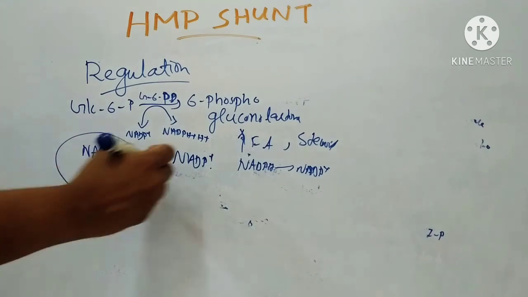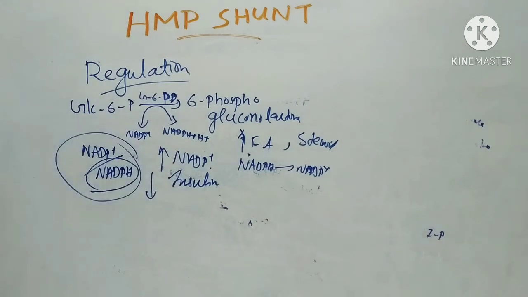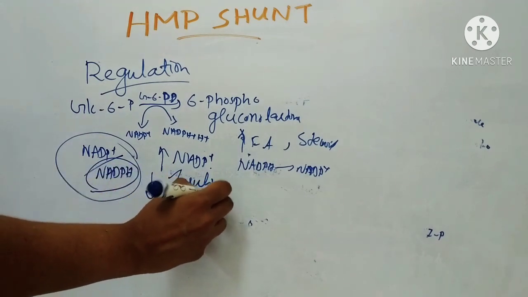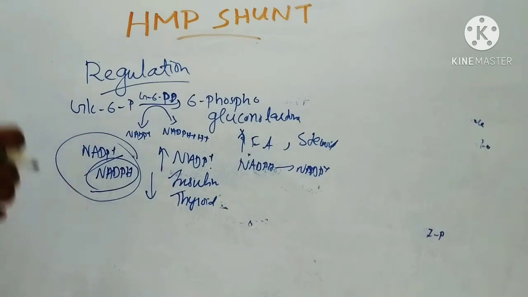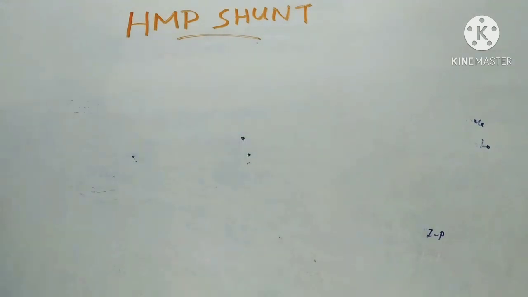Coming to hormonal regulation, insulin induces the synthesis of both dehydrogenases and so enhances the activity of the pathway. Then thyroid hormones enhance the activity of G6PD and so the shunt pathway. These are the regulation of the HMP pathway. Then coming to the metabolic significance of this pathway,